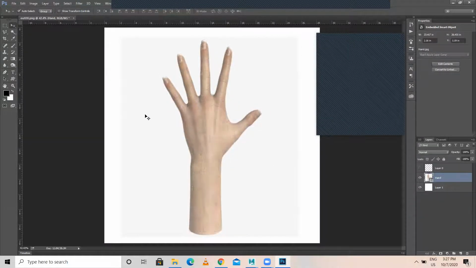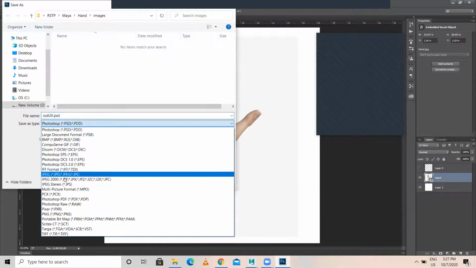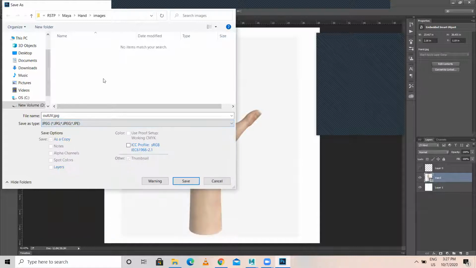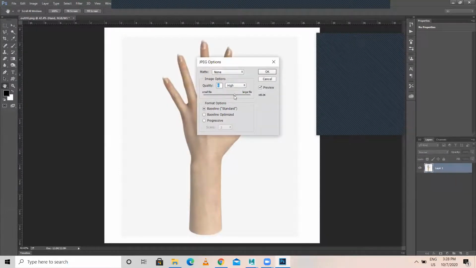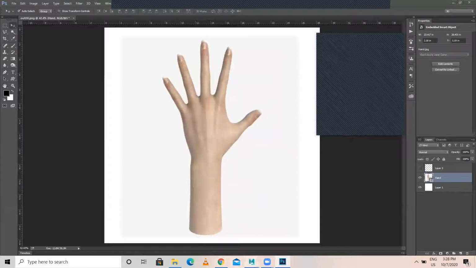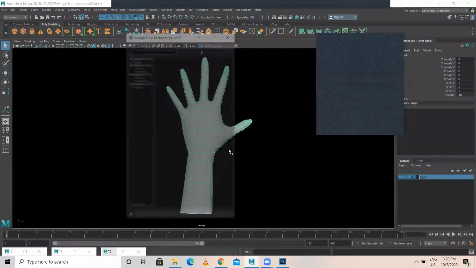Okay, so now I save this image. I save this image as JPEG. Hand texture, full. Then I'll apply a new material.